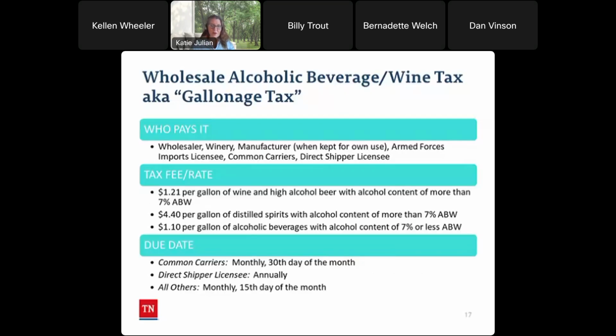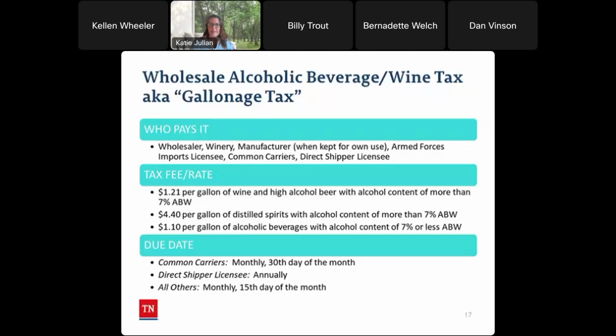All right, we've got another alcoholic beverage and wine tax here called the gallonage tax. And I'm going to stop and take just a moment here because we're taking, as I mentioned earlier, just a very bird's eye view of all of this, a general overview. I did decide after putting this presentation together that we're definitely going to have an alcoholic beverage, wine, and high content beer tax webinar just dedicated to brand registration and these two taxes we've just talked about, the enforcement tax and this gallonage tax, because there's a whole lot more to dive into on these topics.